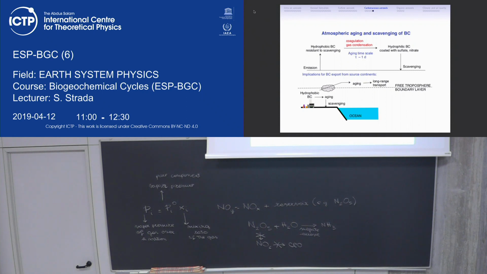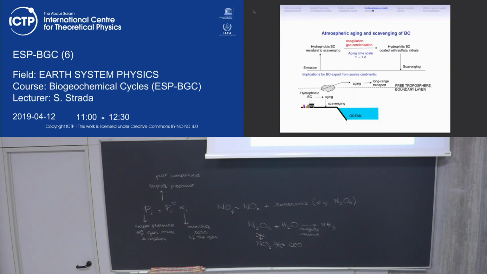solid particles, and then it can transform into hydrophilic black carbon, where we have a particle of black carbon that has been coated by some other aerosols. These are instead water soluble, as for example sulfate and nitrate. And then at that point it can be scavenged, it can be removed from the atmosphere. And so in this way, if this process is the one that dominates, it can be scavenged locally. Or otherwise, if this doesn't happen